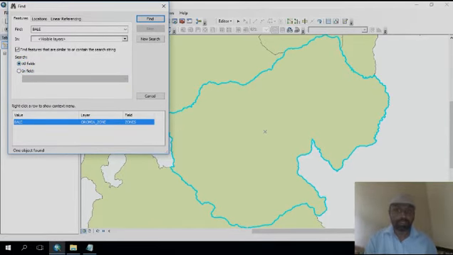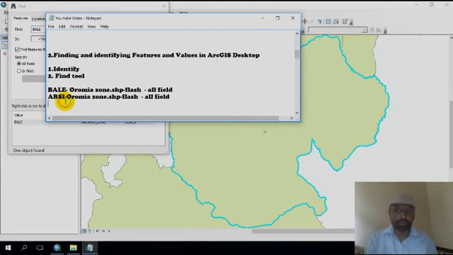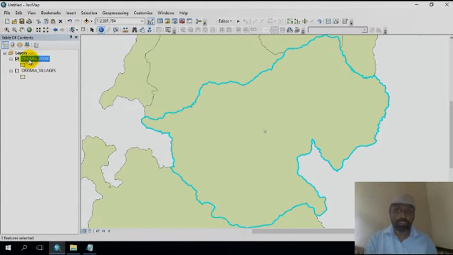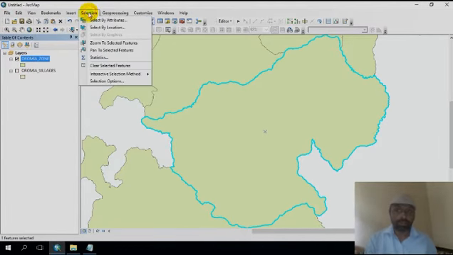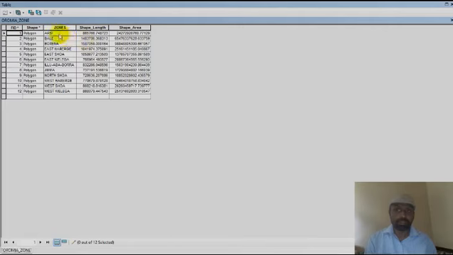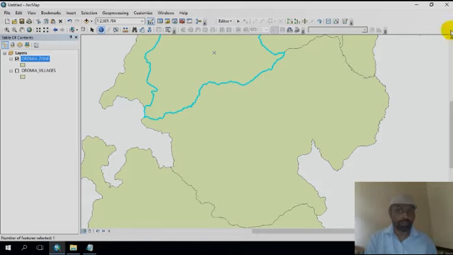How to find it? Suppose we want to find the RC zone in a particular area. We go to a particular area. Suppose you can see this here. Here, go to clear selected features. You can see from the table the particular RC zone. I want to select the particular RC zone in this area.